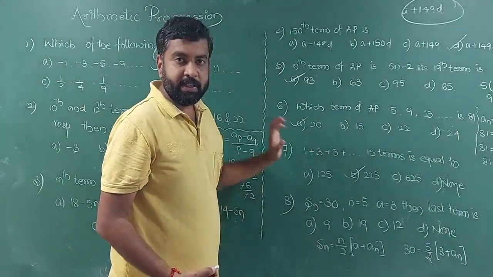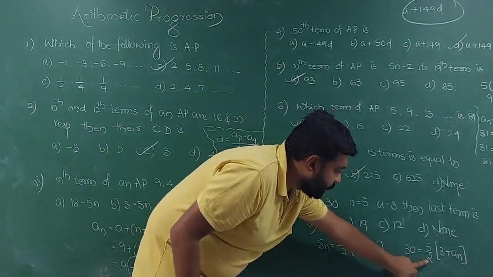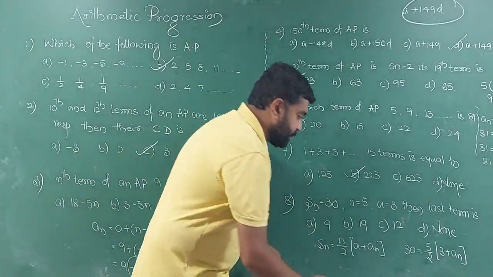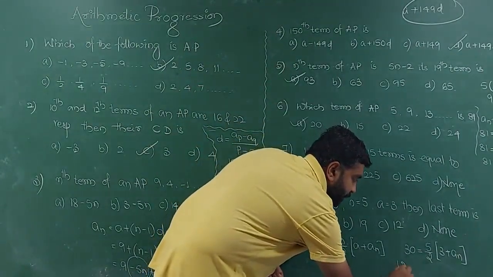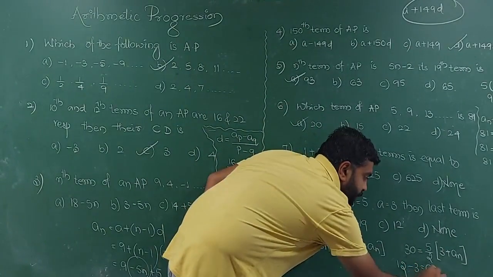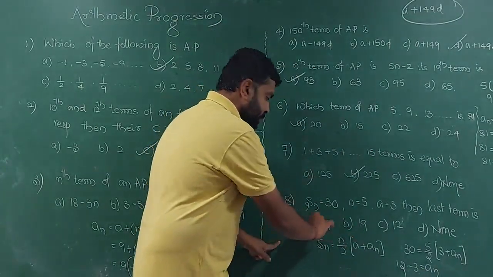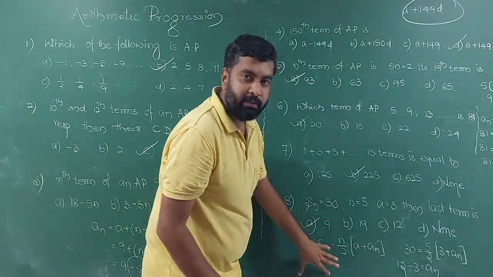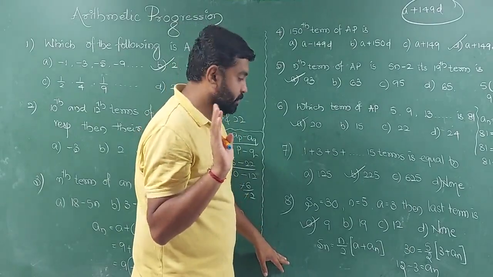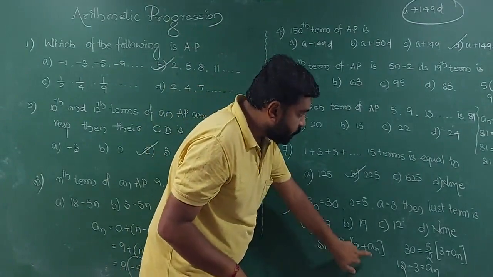So directly by shifting we can finish it. You shift this term first: 30 into 2 is 60. 60 divided by 5, we will get 12. You can shift this 3: 12 minus 3 gives me an. So this is 9. So option A is correct. This is the shortcut method which you can use. Suppose if you apply Sn is equal to n by 2 into 2a plus n minus 1 d, that is the descriptive pattern, it will be long. So directly you can use this.